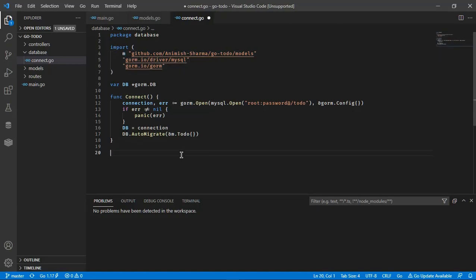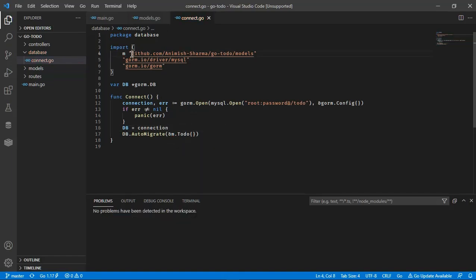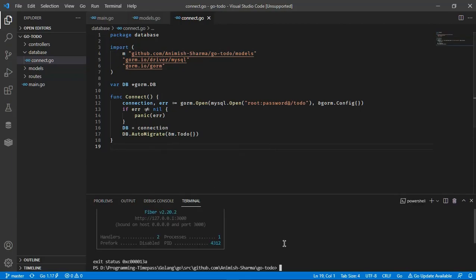Now if you have ever used Python, you know we import like tkinter, import tkinter as tk, right? Then we use it as tk forever because we have imported it as tk. JavaScript, I don't remember if that can happen or not. In Golang we don't say as m, we just write the name. Like if I say model here, it's going to be model, but m is okay, it's fine with me. So if I now run this server,